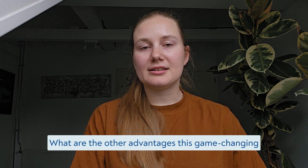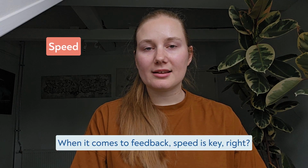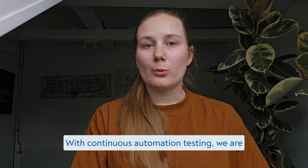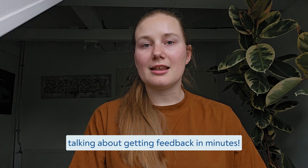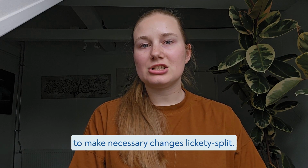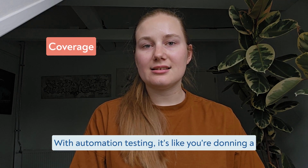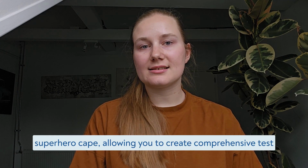What are the other advantages this game-changing approach brings to the software testing world? Speed. When it comes to feedback, speed is key, right? Who wants to twiddle their thumbs waiting for results? With continuous automation testing, we're talking about getting feedback in minutes. Now that's fast food service. Your developers get the info they need, enabling them to make necessary changes lickety-split. Coverage. With automation testing, it's like you're donning a superhero cape, allowing you to create comprehensive test suites that